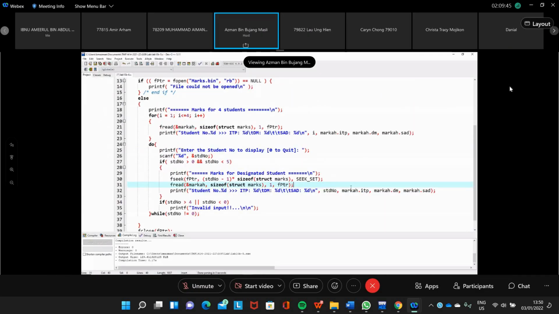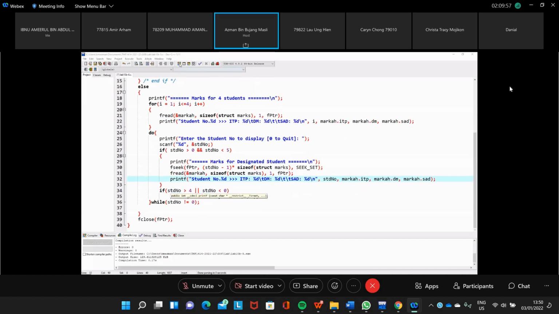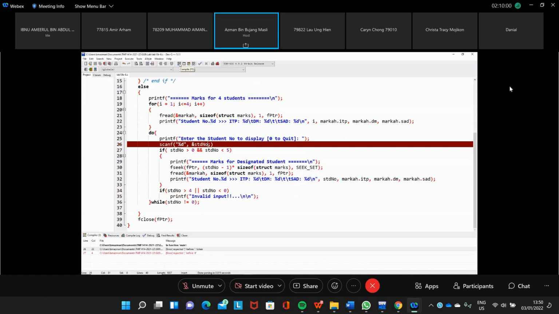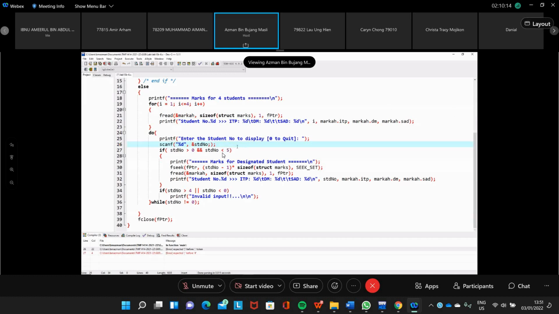And then the marks for ITP, discrete mathematics, and then SAD. Then we can try to compile this program. This is scanf student number. The problem is function main expected before that token. We forgot to put a semicolon here, so we put it inside.